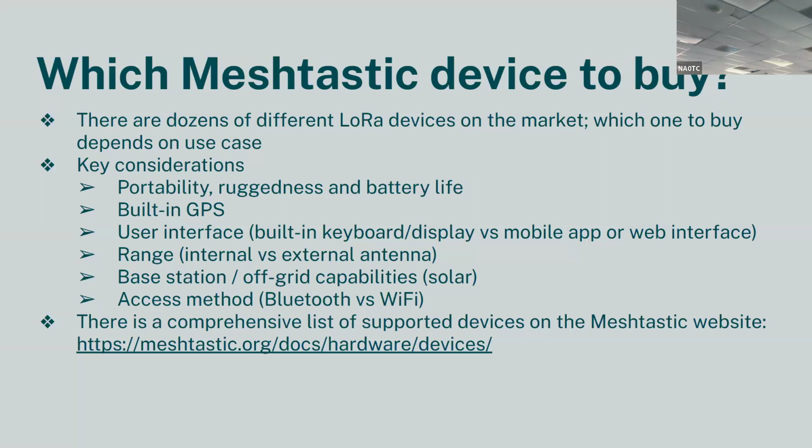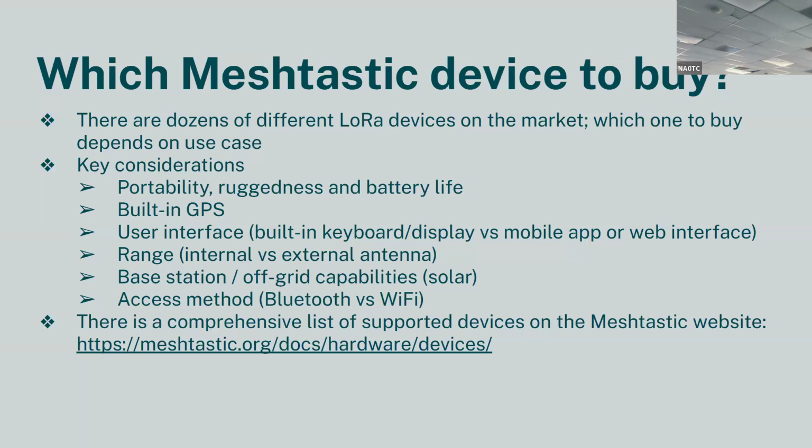So I'll help you decide which one to buy. Maybe you don't need to buy three of them, but obviously there are dozens of them on the market at pretty much any price range up to about $100. So really, the thing you've got to think about is what you're going to use it for. If you want to use it at your house, you might put one of those solar nodes on. Or if you want to use it for mobile, you can also use one of those that way, and just run it off your car's battery or whatever. If you want to go hiking, then maybe one of these smaller units or the ones with a keyboard would be nice. One thing that bugs me, by the way, is none of these come with a belt clip. So you have to